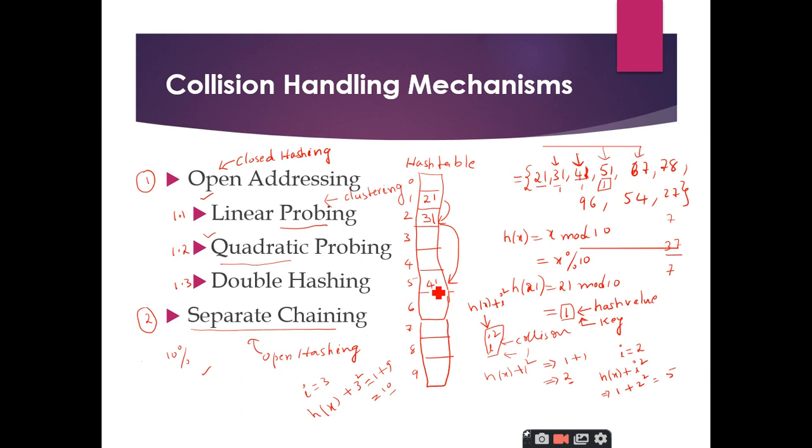The first step is calculating the hash function. This is the mandatory part, right? And the second step is, if the key value you get is exceeding the range of indices, then you have to apply this formula. That's it. This is just a formula, not a hash function. So I got the hash key as 10. Since it is going beyond the range of the index numbers, I should apply the formula 10 modulo table size. Here the table size is 10. So it is going to give 0.